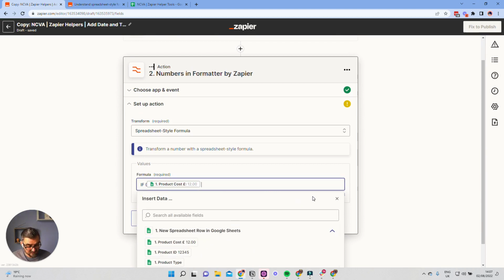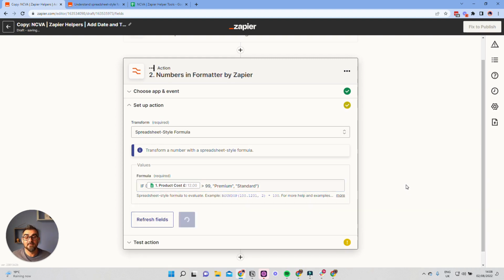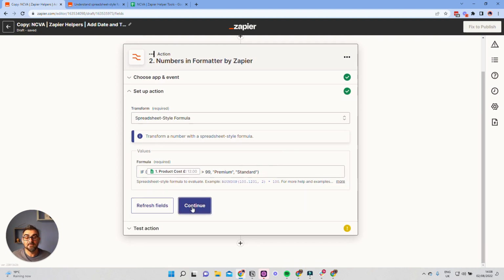If this price is greater than 99, then we want to say, and we're just going to put in quotes here, premium. And if not, anything else is going as standard. Okay, we just need to close this here. So we're basically saying if it's above £99, then premium, if not standard. Okay, so if we just continue here,